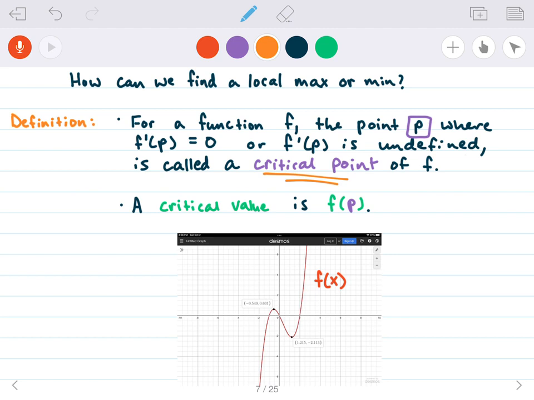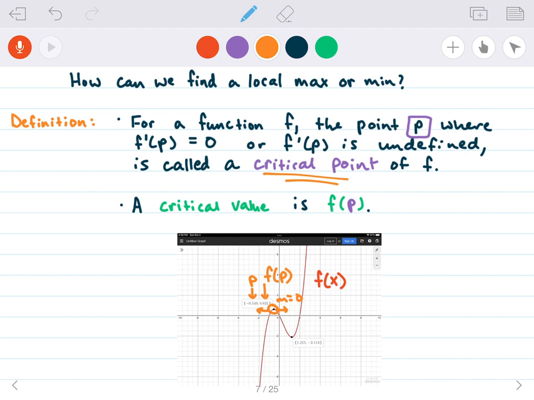Yeah, so the critical value is just the y value at the critical point. And so if this is our function f of x, we have a critical point right here because the slope of this tangent line is going to be 0. So we know for sure that this guy is going to be a critical point, negative 0.549. And then this guy is going to be the output. That's just going to be the y value evaluating at negative